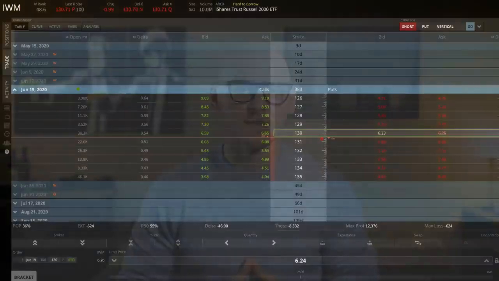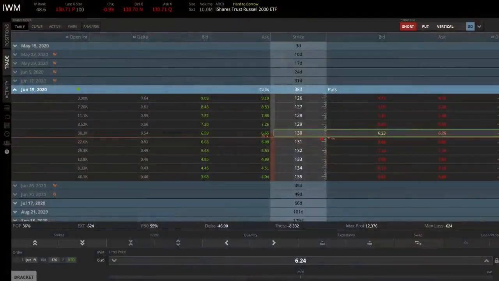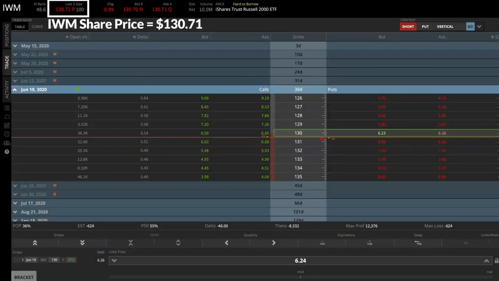And just like we did for the call options, we are going to look at numerous put option examples so that you can understand and see how these trades perform and what needs to happen to make money when trading put options. So let's get started with an example and look at an image that I recently captured in IWM, which is the Russell 2000 ETF. In this image and in this moment, the first thing that I want you to notice is that the IWM share price is